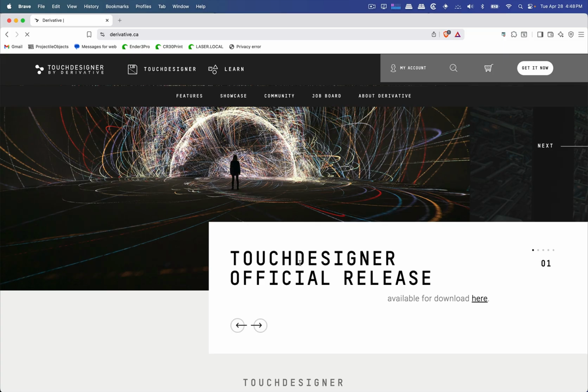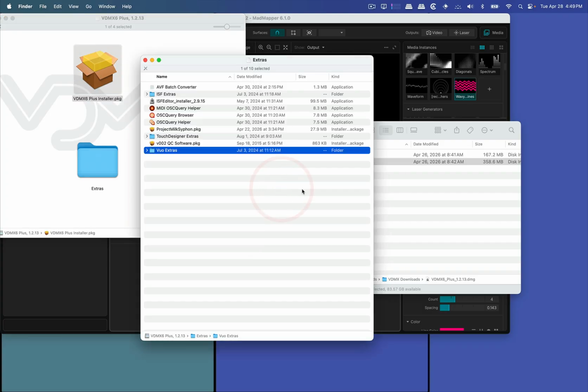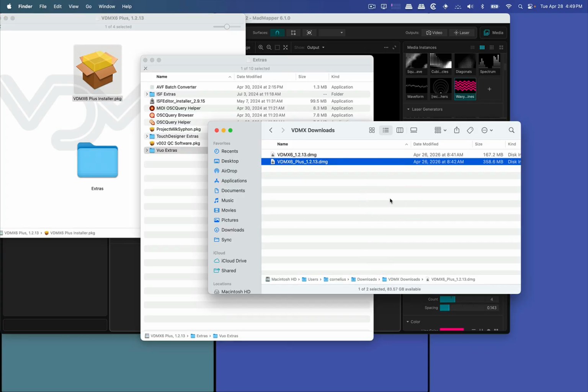It's amazing. It's more of a node-based software, so it's a different type of workflow. But let's just say for now that you know about TouchDesigner and you're interested in it, you're going to want to get VDMX6 Plus so that you can use those files. Okay, so assuming you have installed VDMX6 Plus,